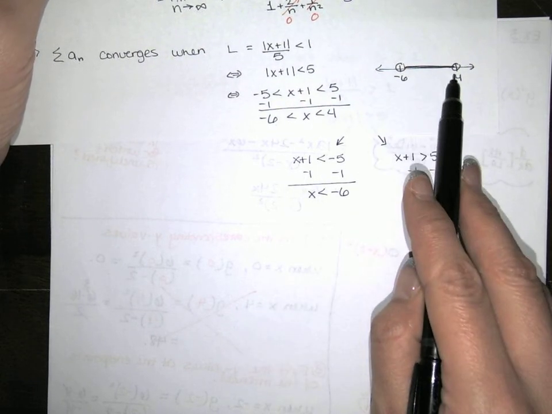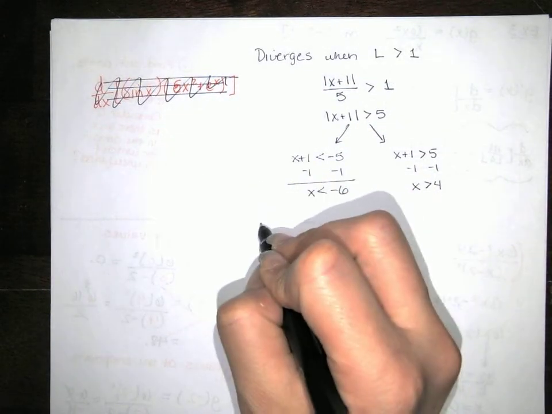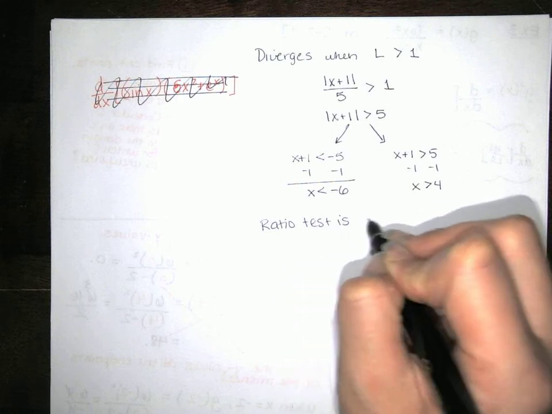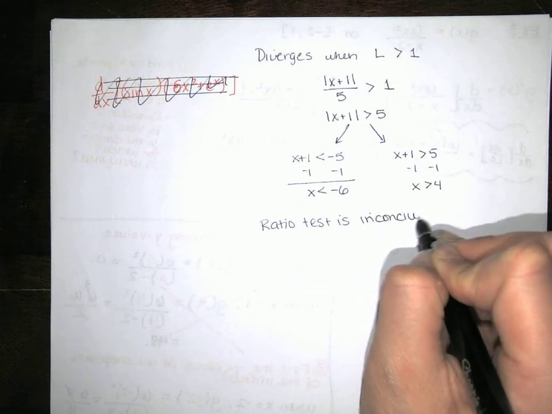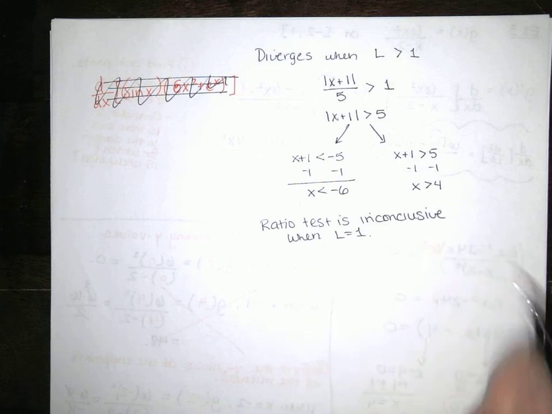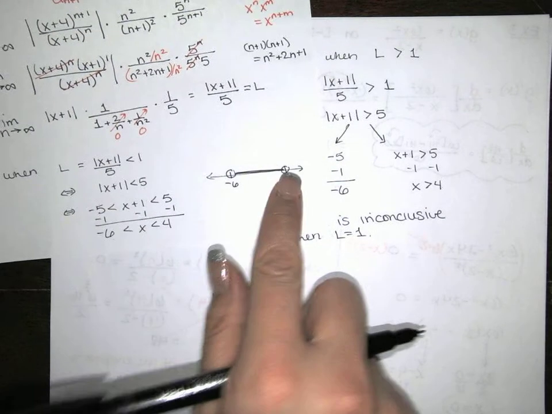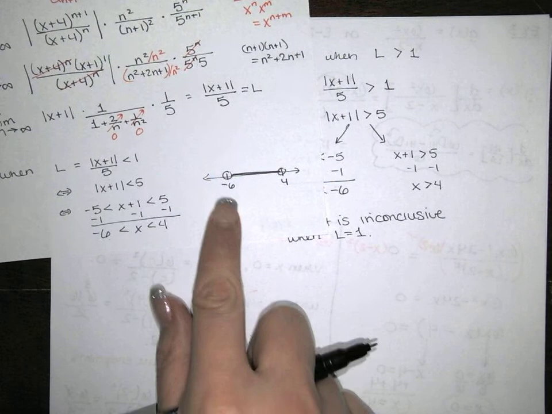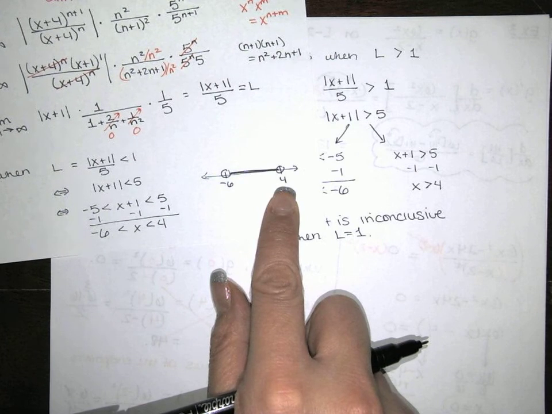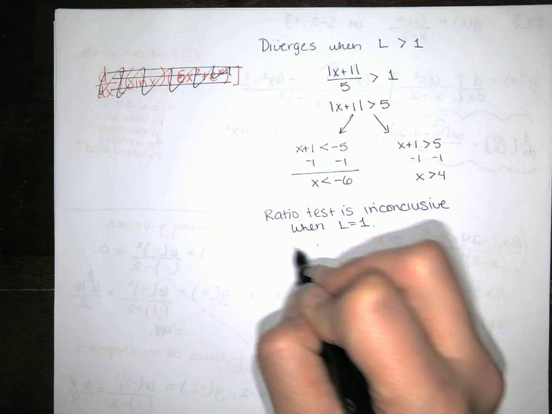Now, L equals 1 is the inconclusive case. Remember, the ratio test is inconclusive when L equals 1. And most students don't believe me until I show them. But L is equal to 1 at the end points of that interval. L will equal 1 when x is -6 and when x is 4. If you're not sure, I just want to show you once. So it's inconclusive